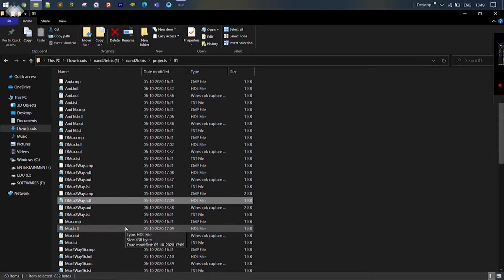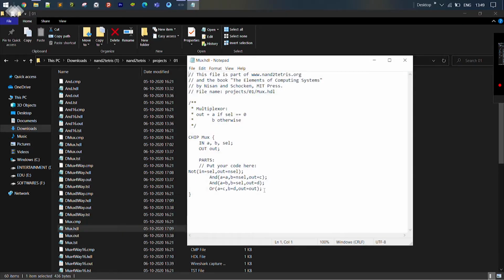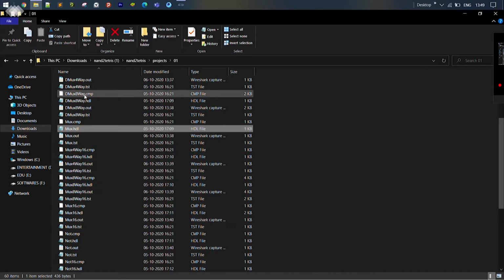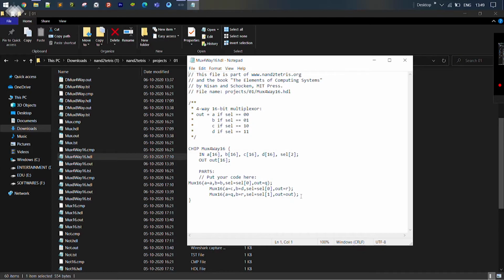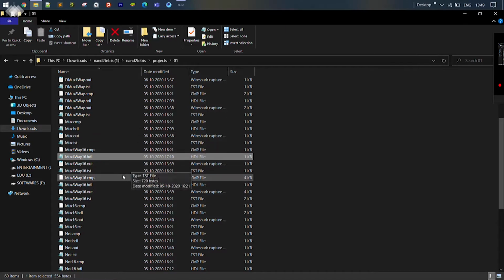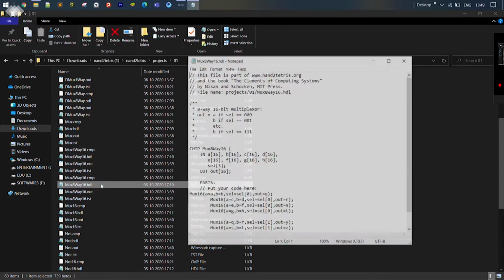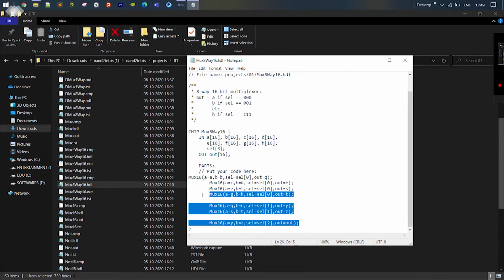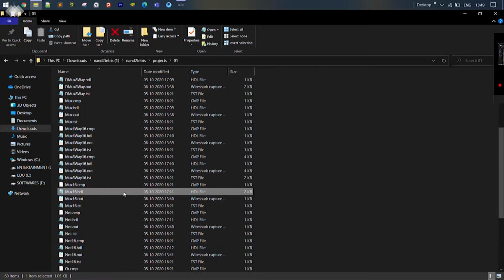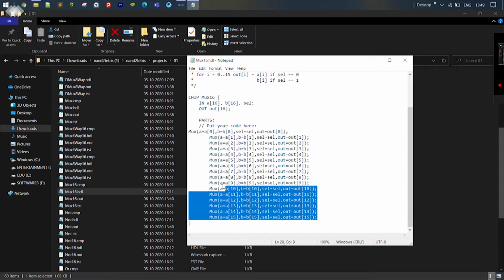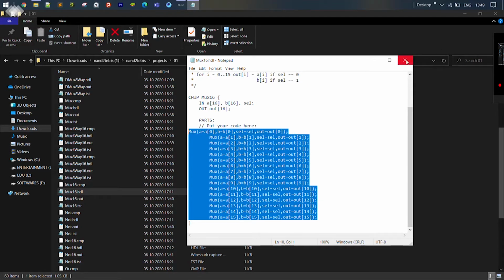Then Mux, we have four lines, as you can see. Yeah, these four. We completed up to Mux4Way16 HDL, these, and Mux8Way HDL, these, Mux16, these.